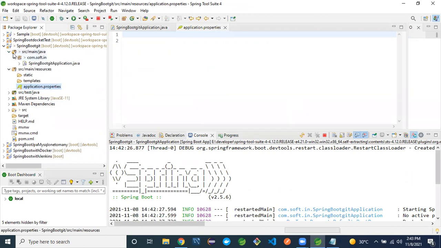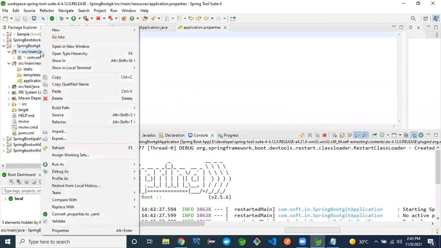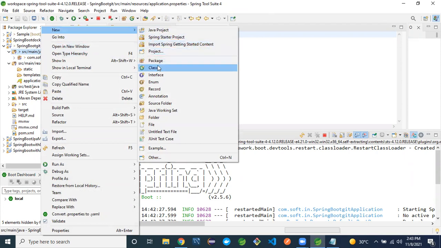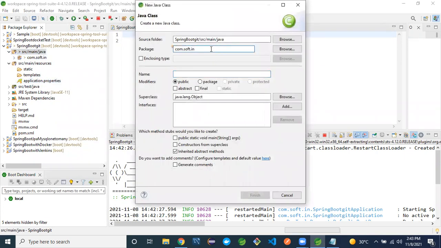I will create one controller here. Right click on this, go to new, create class, with the controller package name. See, HelloController. Finish.